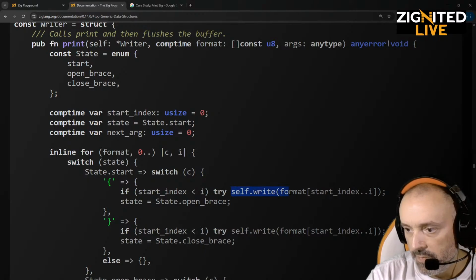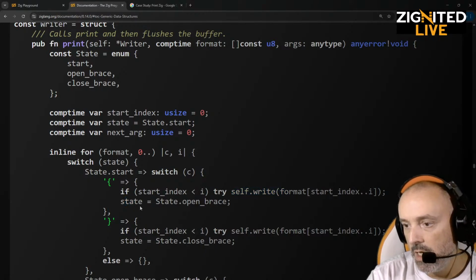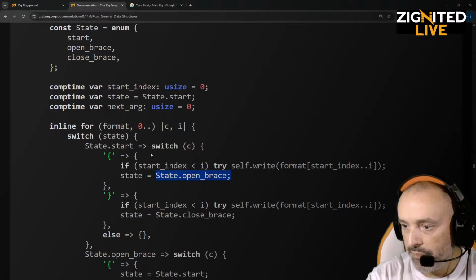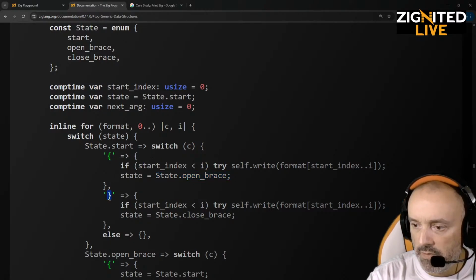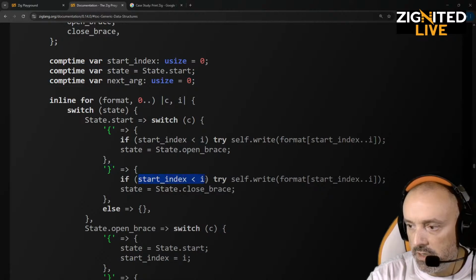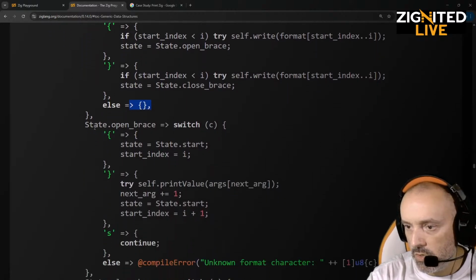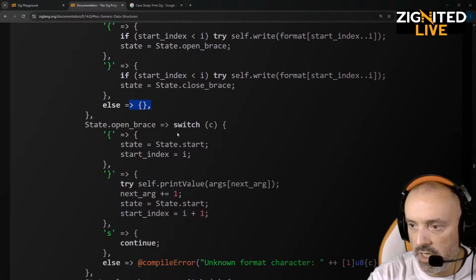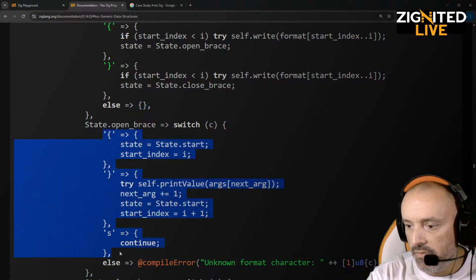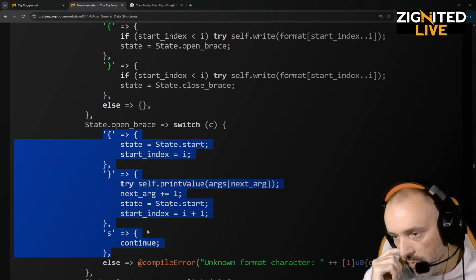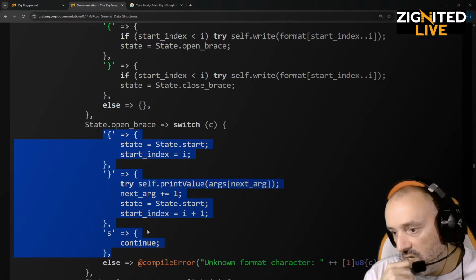They try that, and then they set the state to open brace. So they confirm that this is now open brace, okay? If it's the closing one, if start index is lesser than I, they try basically the same thing from start index to I, and then they change the state to close brace. Else curly brace, so void, okay? So state open brace, switch C again. And in this case, they have not only, so if the brace is already open, right? So then it can potentially have also